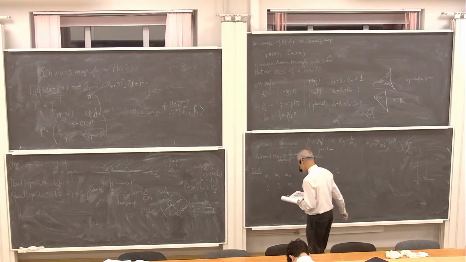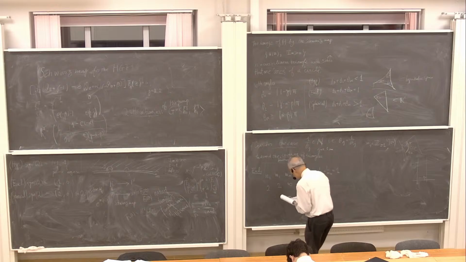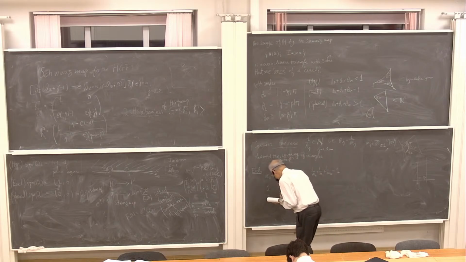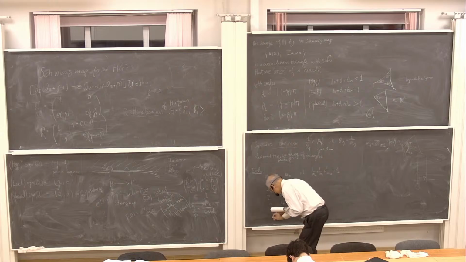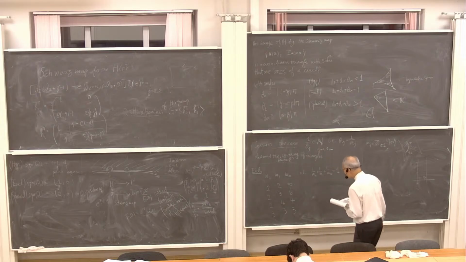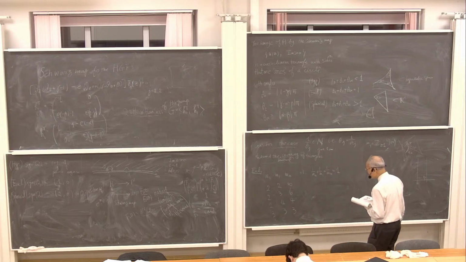Such a case is also considered. Or 2, 3, 6, 2, 4, 4, and 3, 3, 3. In all cases, you can easily imagine how these triangles look like,